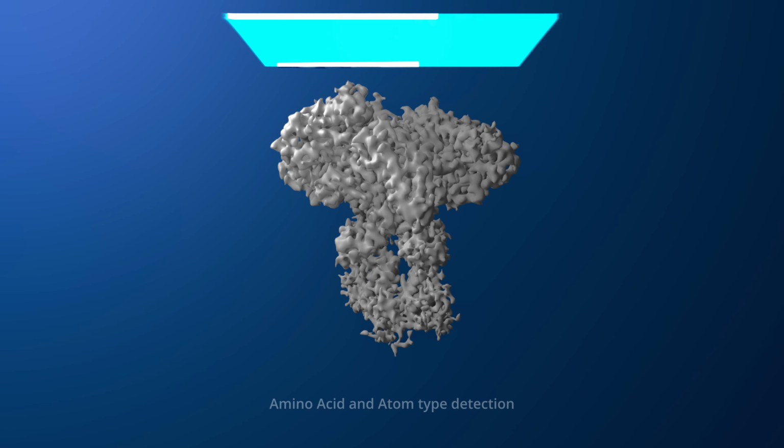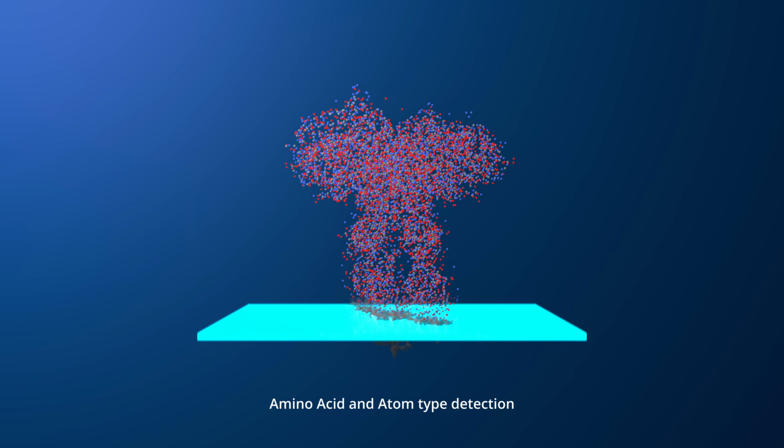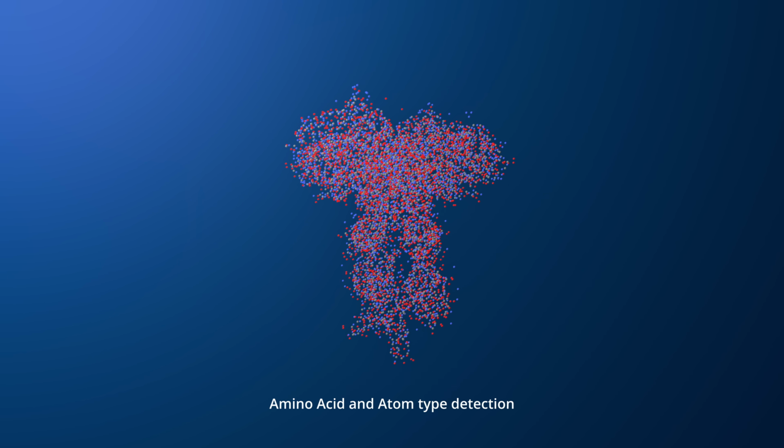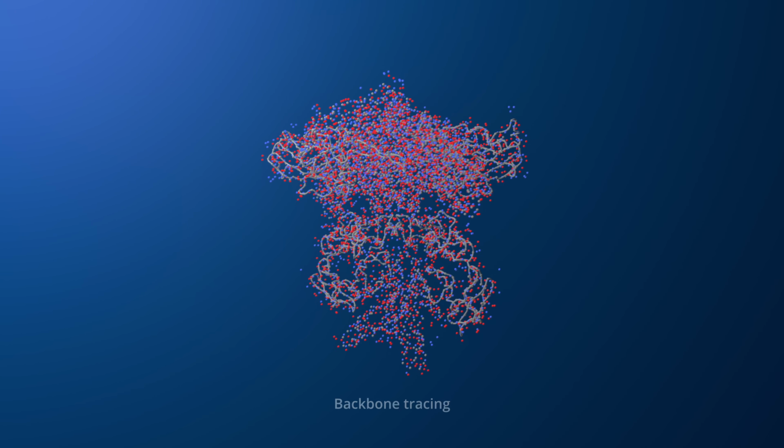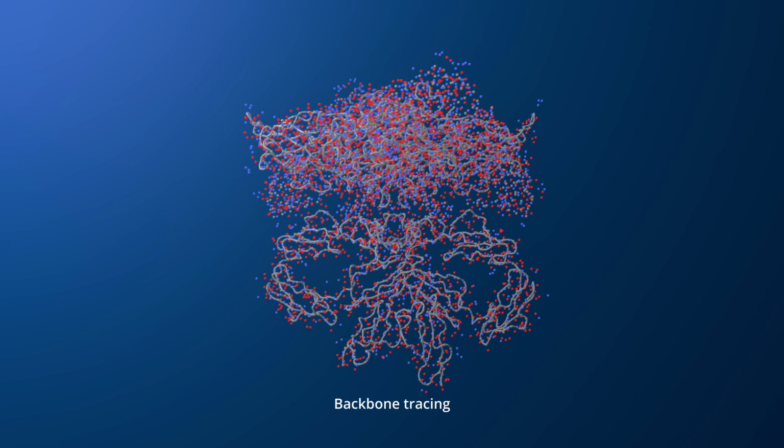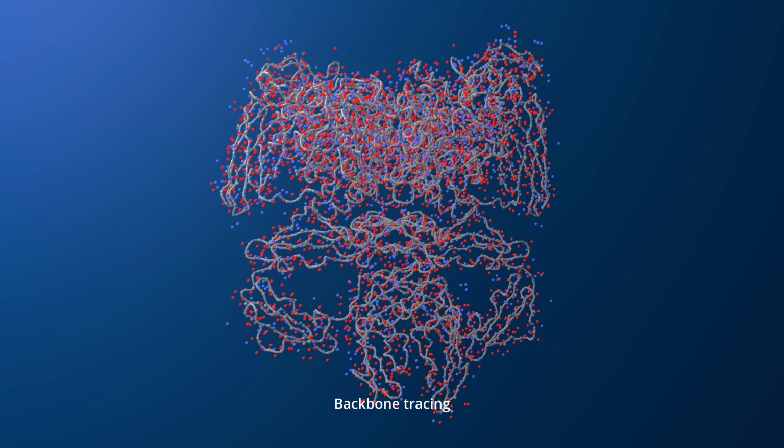DeepMainmast automatically models protein structures from Cryo-EM maps through a series of steps. First, it detects amino acid and atom types using EMAP2SF, a deep learning tool that identifies key atoms like C-alpha, carbon, nitrogen, as well as amino acid types within the map. Next, it traces the C-alpha backbone using a specialized algorithm based on the vehicle routing problem, or VRP. This optimizes how the detected C-alpha atoms are connected to form the backbone, allowing the tool to trace even multi-chain